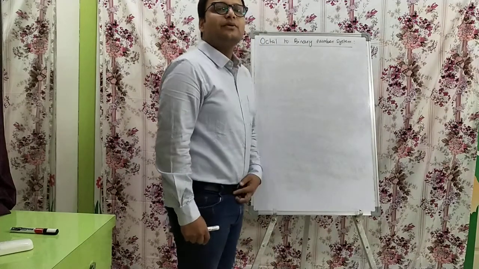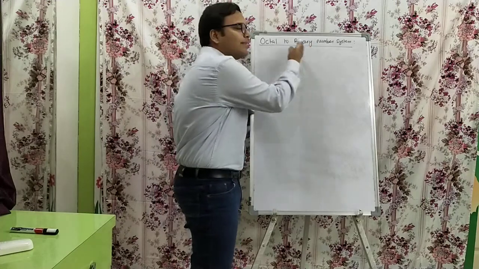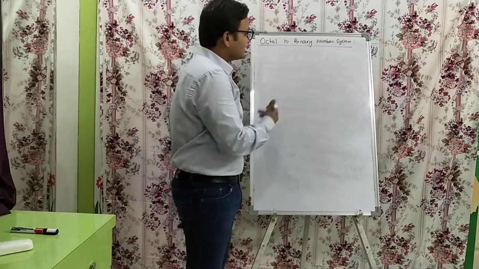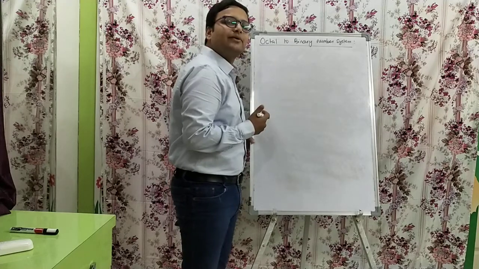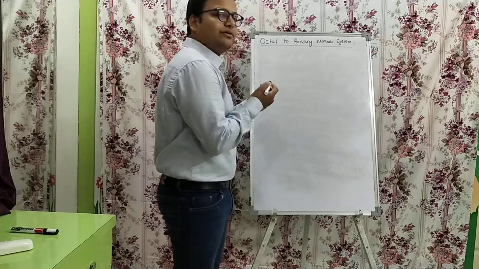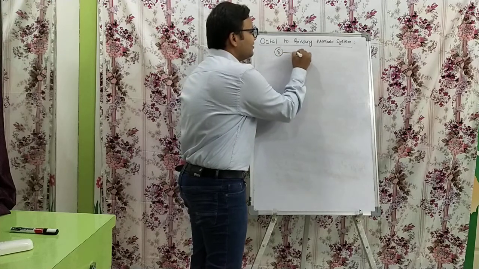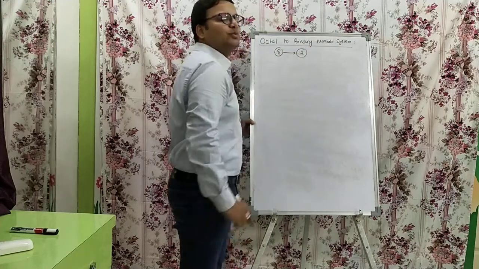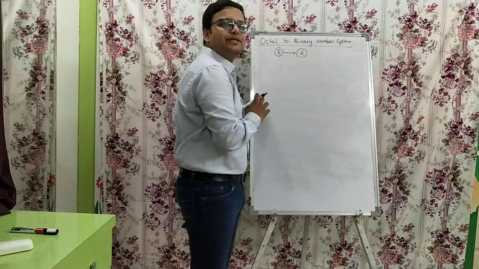So in this session we are going to see another number system conversion, which is from octal to binary number system. Also in a later session we can see how to convert back from binary to octal number system. So here, we have to convert base 8 to base 2. Mainly we need to know the relationship between these two bases.